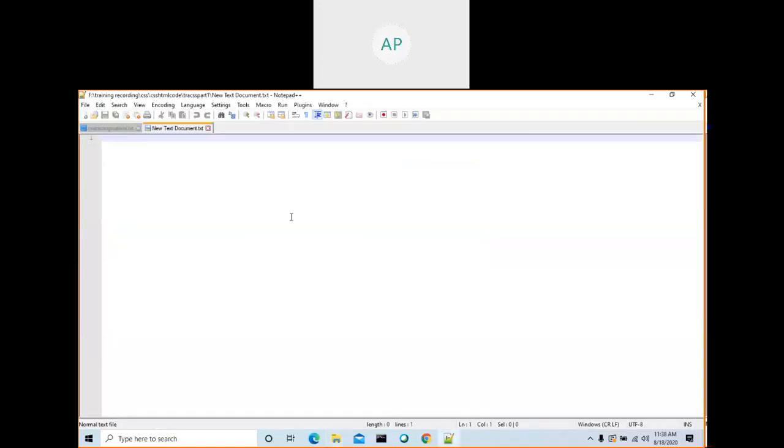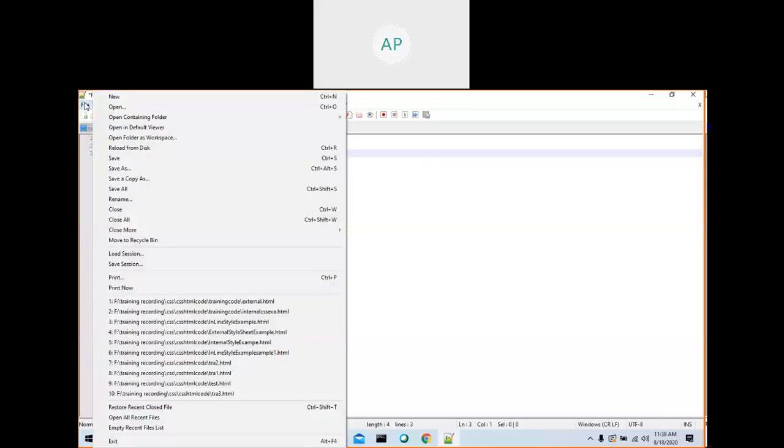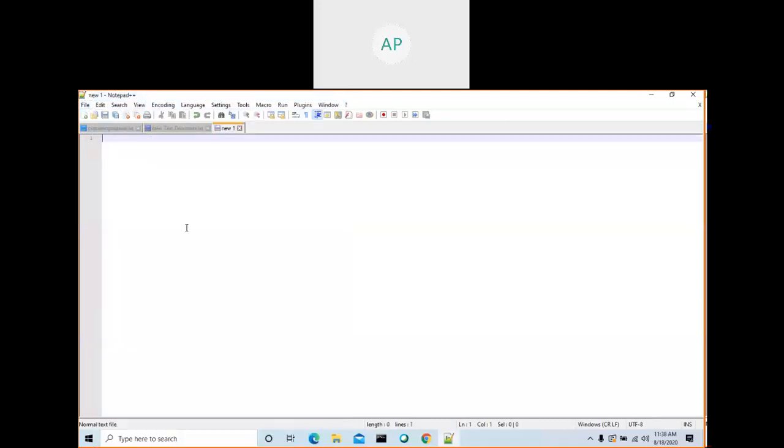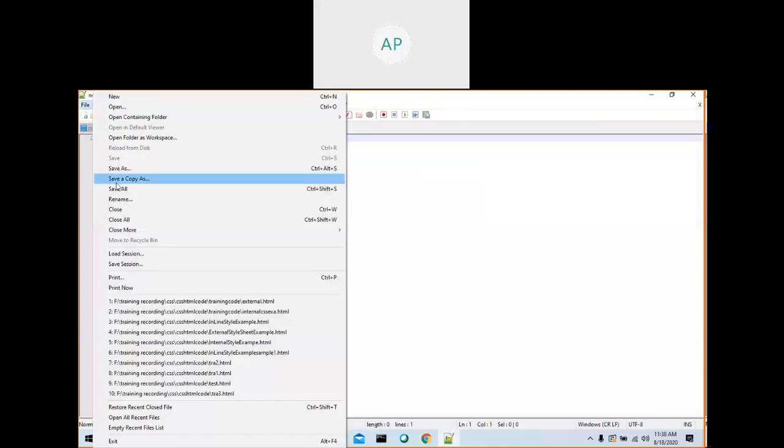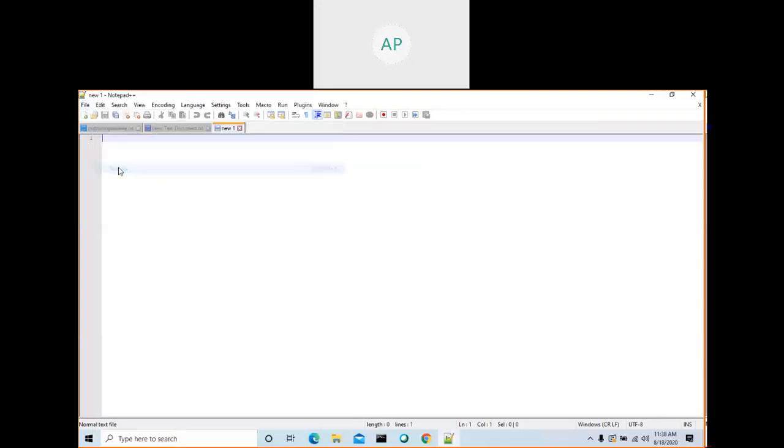Now I opened Notepad++. Now we will create one HTML document. Say File, New, and save with Control S, or else Save As. Give some name.